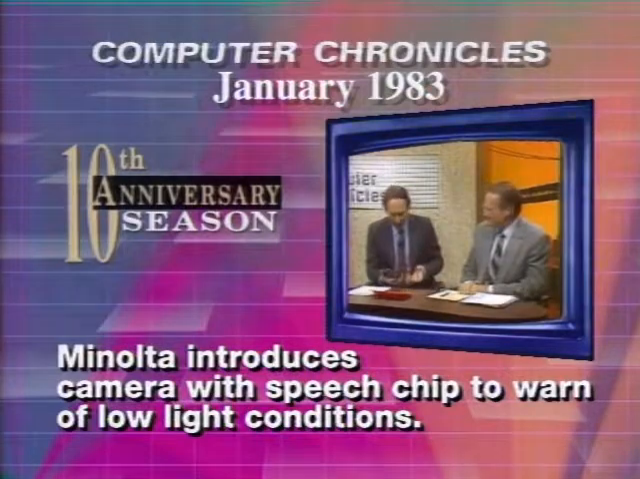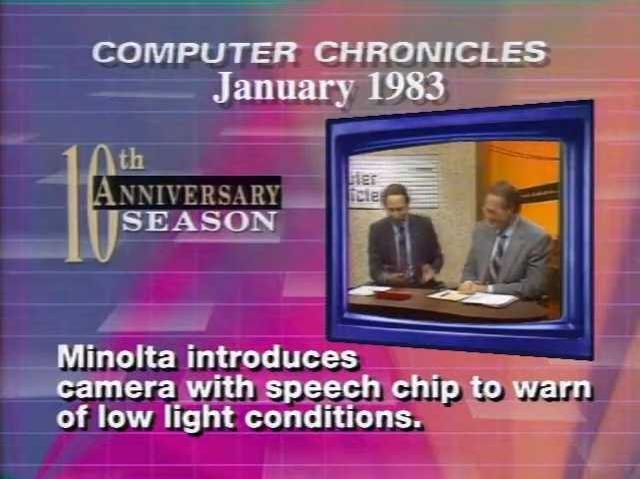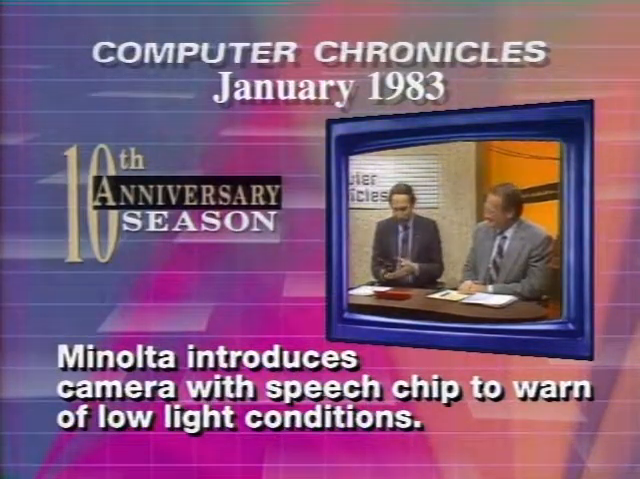Too dark, use flash. I don't really want to take your picture, by the way, Herb. I just wanted to use this camera, this Minolta camera here, as